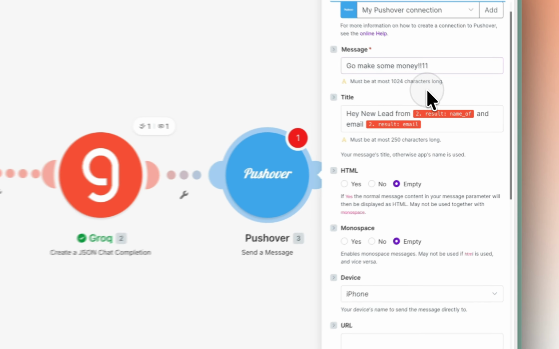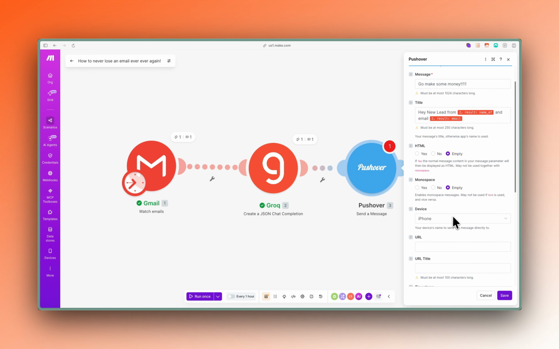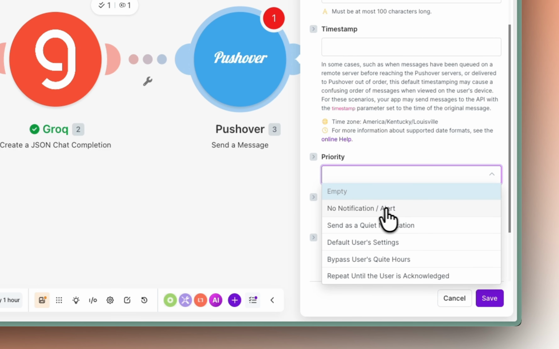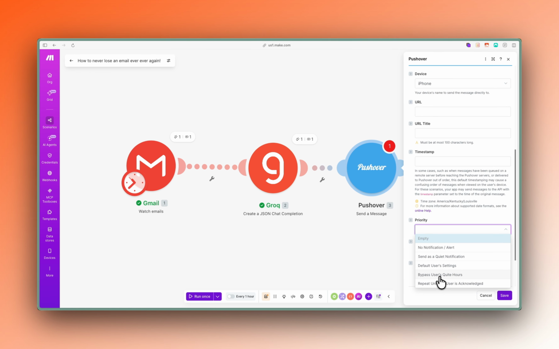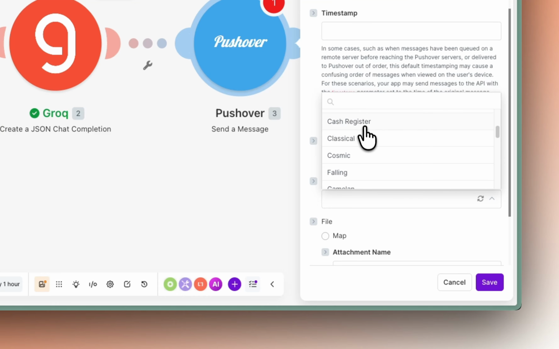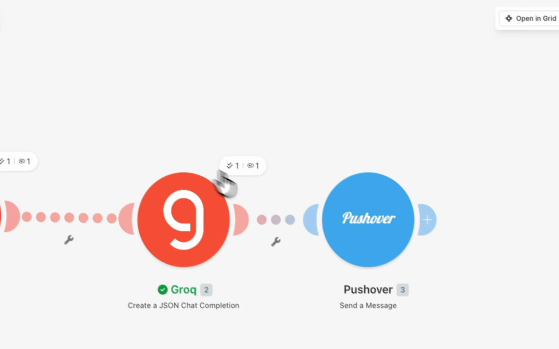Yeah, just like that. And you can get super fancy. You can set the priority, which is very important. So you're going to want to set this to maybe bypass user quiet hours. You don't want this to be a quiet notification. You can also set it to repeat until the user has acknowledged, which is super important, I think. And then you can select the sound that you want. It can be like a cash register, like ka-ching. Yeah, save. But however, at this point,